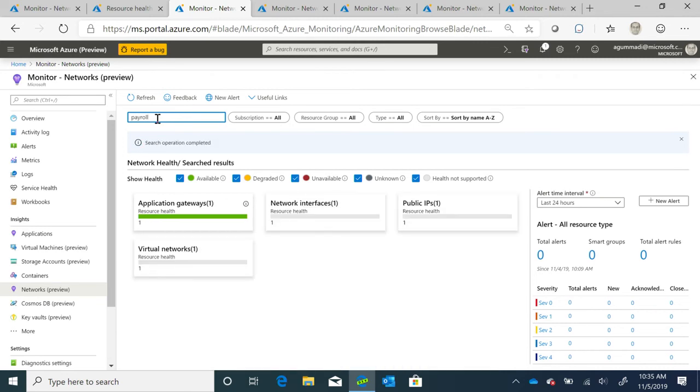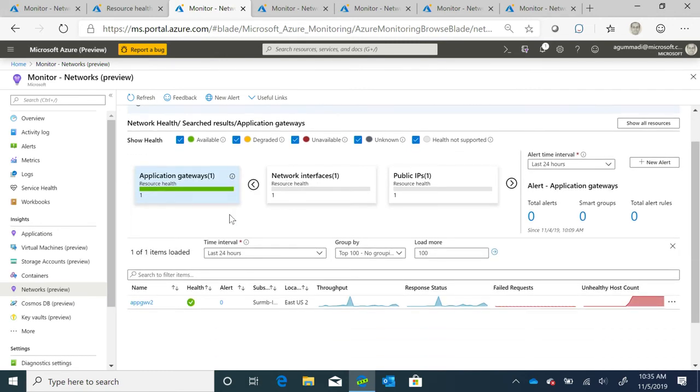It now shows me all of the networking resources across my subscriptions and regions that are serving payroll. I notice that there is one application gateway. The others are brown because, as I mentioned, we support application gateways and VPN, and we are surfacing the others. But you can ignore things like public IPs for a moment. There's not a whole lot that can go wrong there. So we know that the application gateway is involved. If there was a load balancer, we would have found that out here. So good, and now I'm able to find the components. Now, while the application gateway is healthy, users are still having a problem accessing the payroll application. Why might that be?